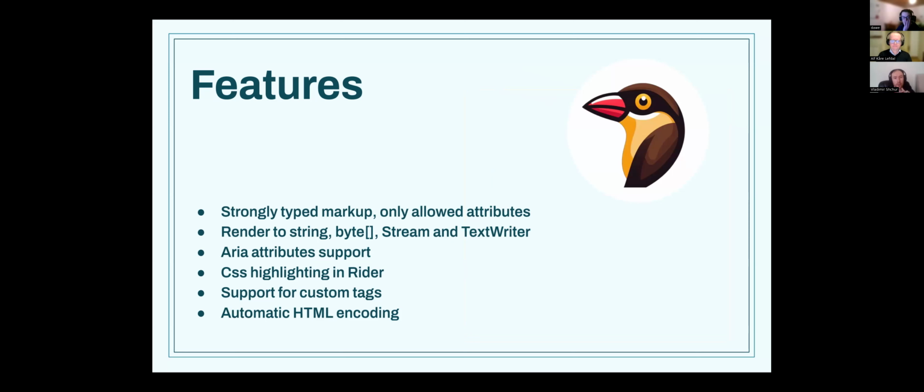The difference is that it only allows certain attributes. For example, for input, only certain attributes are allowed, and those are not allowed for general text like div. It can render to string, byte array, stream, and text writer. It also has ARIA attribute support, and if you're using the Rider IDE, you can benefit from